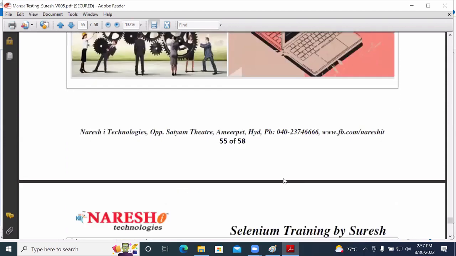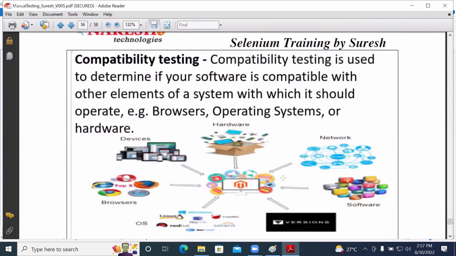At the same time, we have compatibility testing. Considering whether the application is compatible with multiple versions and multiple browsers or not, that will be taken as compatibility testing.